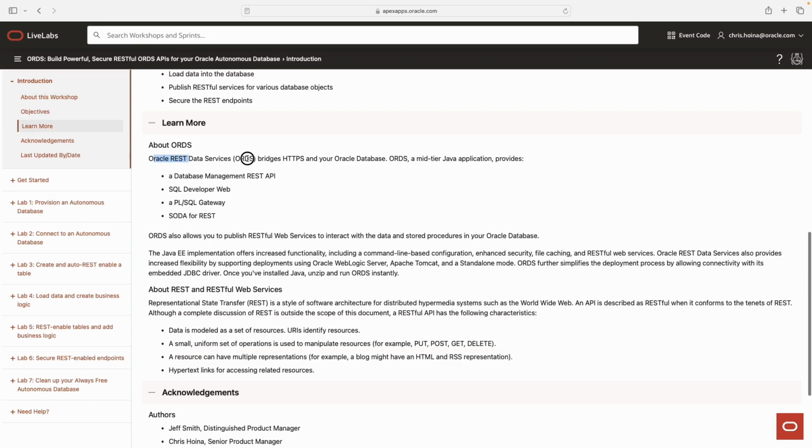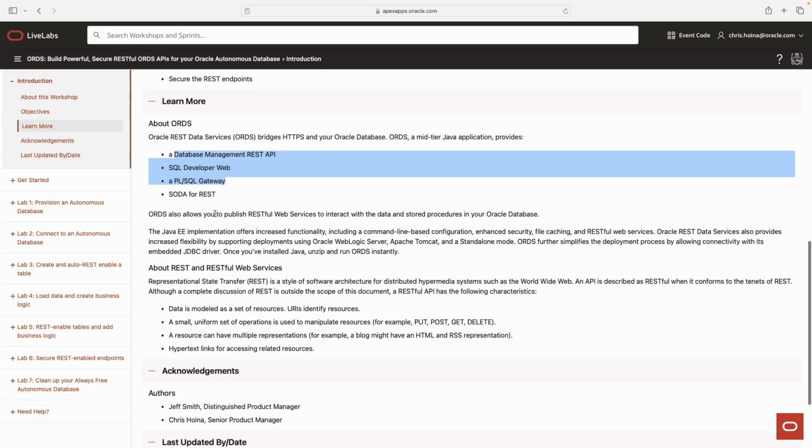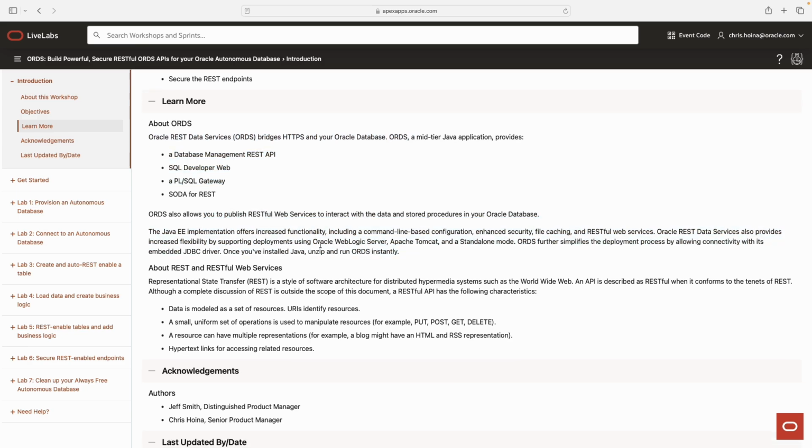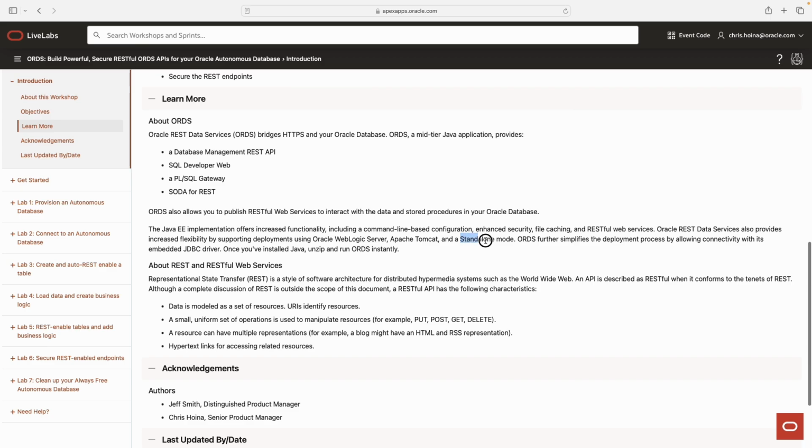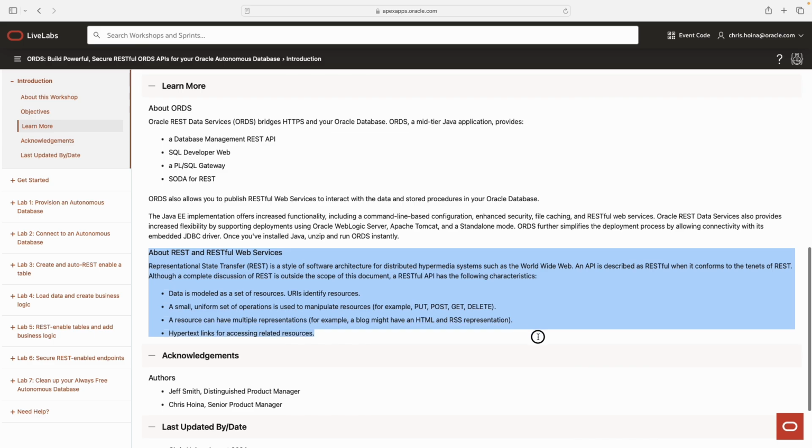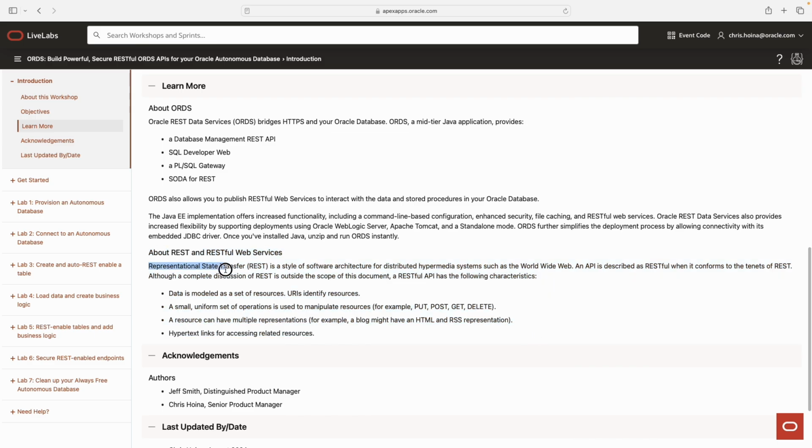So it just briefly talks about ORDS at a very high level, and then where you can deploy it. You can see here we've got 3 different options: WebLogic Server, Apache Tomcat, and then the standalone mode. Standalone mode is a Jetty server that is included in the product. And then this is not necessarily ORDS, but it does talk about what REST is, representational state transfer,